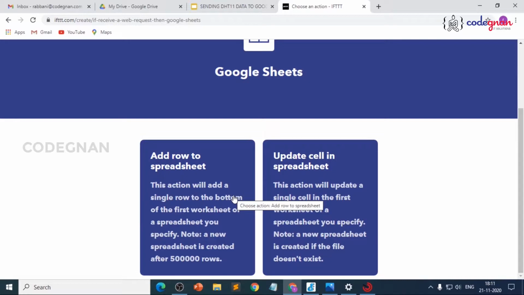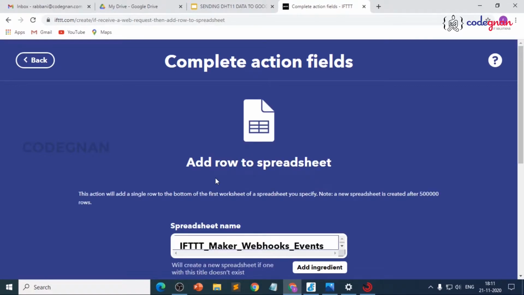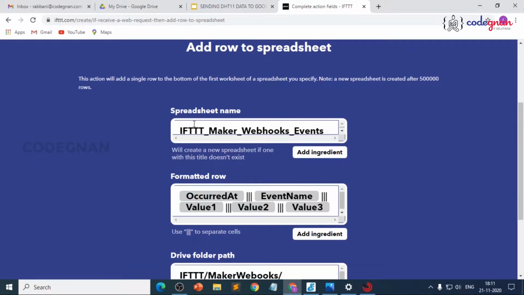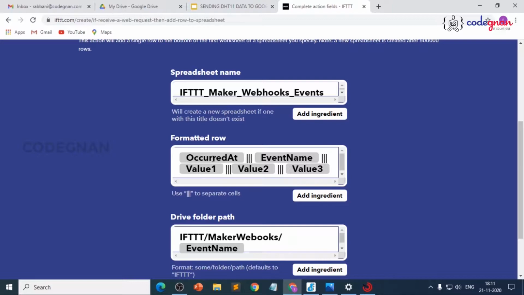There are two types of options available here: add a row to Google Sheets or update a cell in spreadsheets. Okay, so click on add a row to spreadsheet here. The spreadsheet name is ifttt_maker_webhooks_event, and the format of the row is: the date and time will be on the first row, then event and value 1, value 2, value 3, like that.